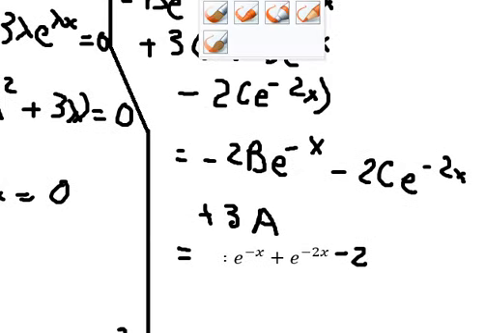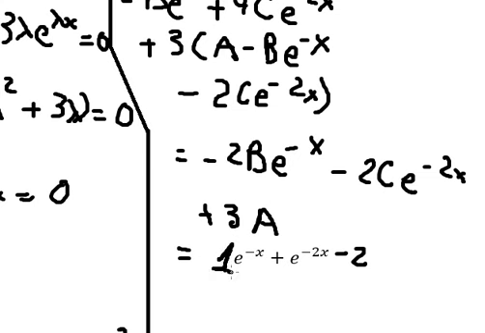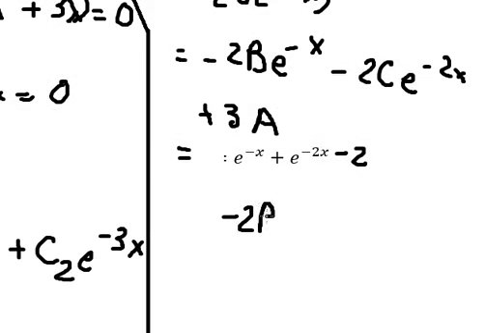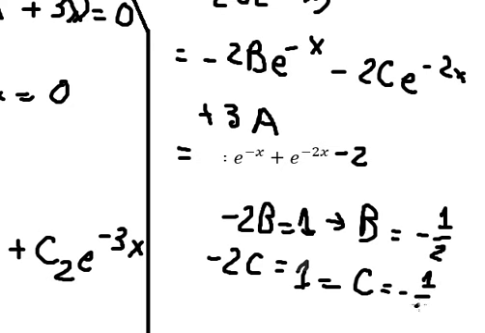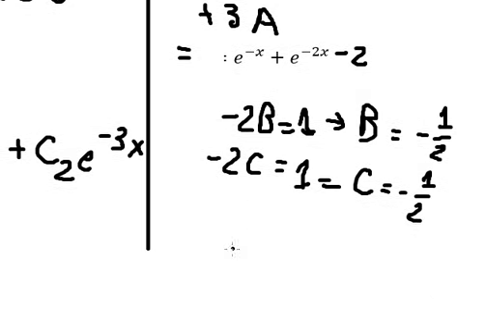So this one we have number 1. So negative 2b equals 1, so b equals negative 1 over 2. Negative 2c equals 1, c equals negative 1 over 2. And the last one,